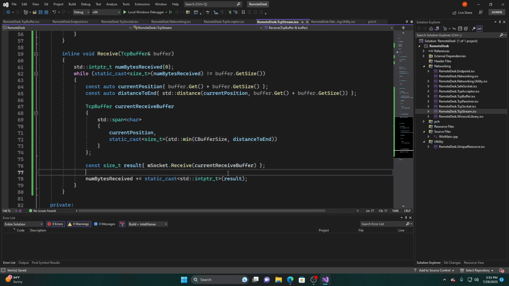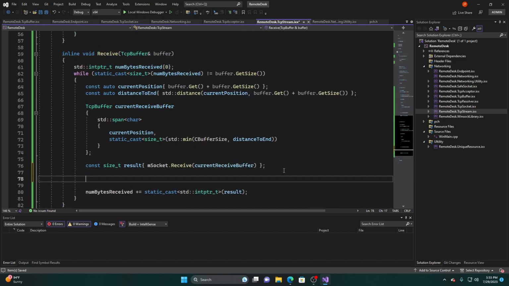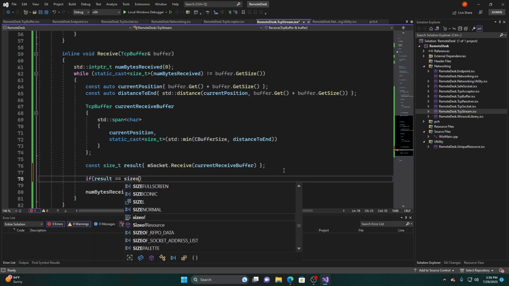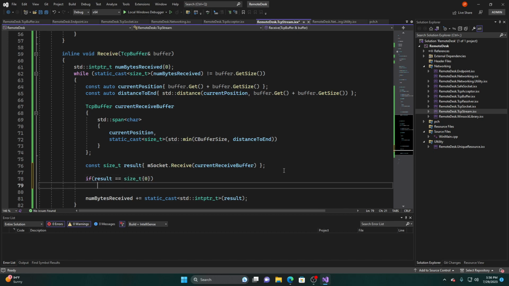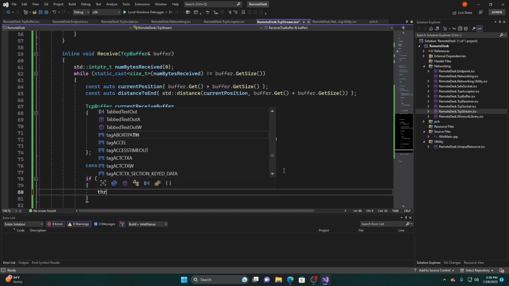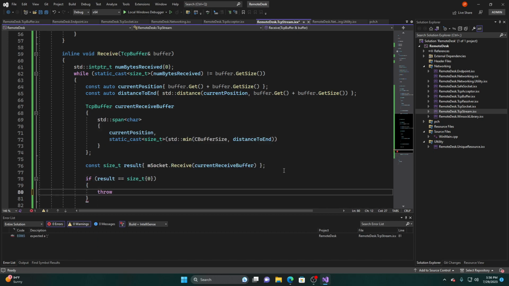Then we're getting a result, we're receiving, and then we're adding the number of bytes received from the result. Now, if result equals size_t 0, then we will throw